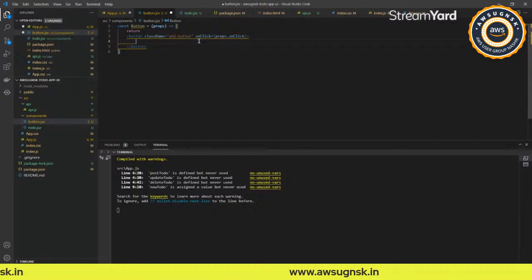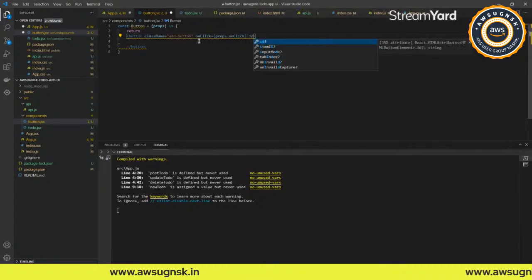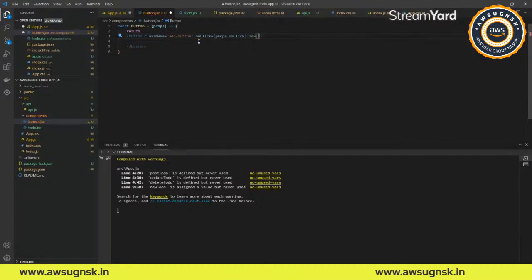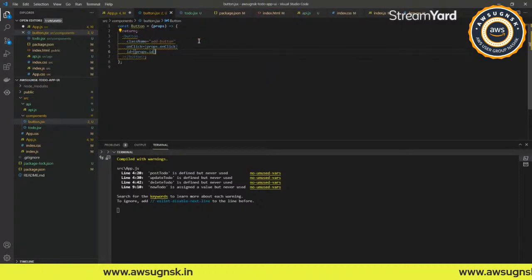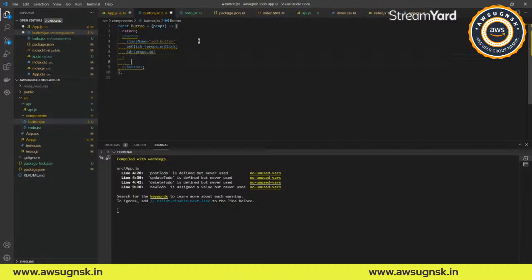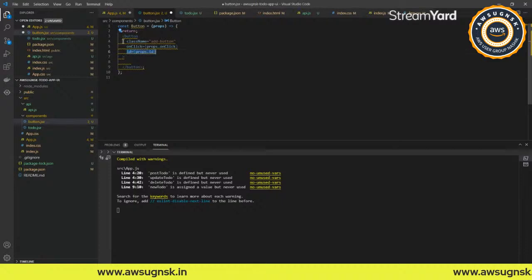Now what we have here is we'll be setting the id maybe. So that will be received from props dot id. So this might be an undefined thing. So consider while adding a to do, our task id won't be set, right? So this won't be set for the add button. Okay, now we have